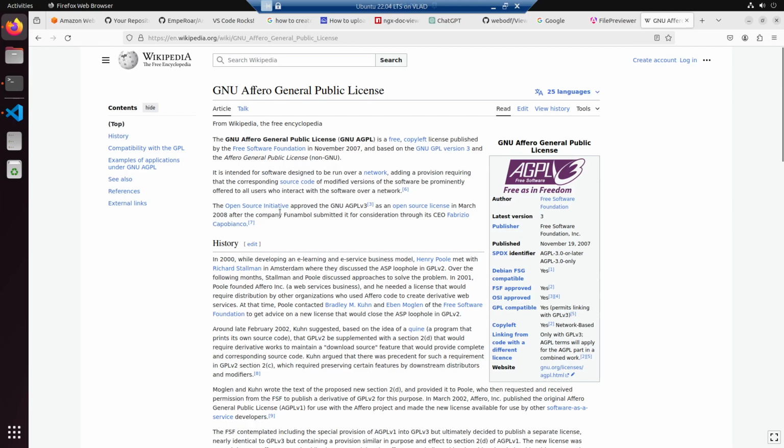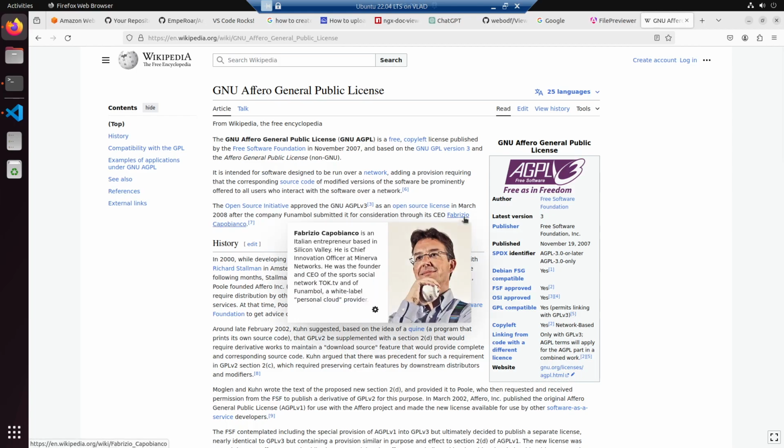The Open Source Initiative approved the GNU AGPL version 3 as an open source license in March 2008 after the company Funambol submitted it for consideration through its CEO Fabrizio